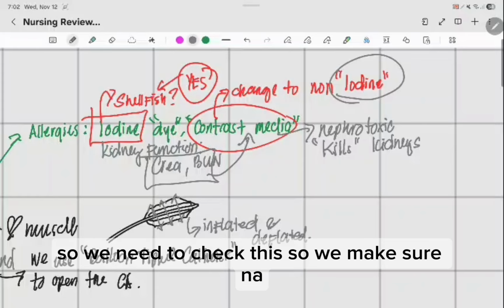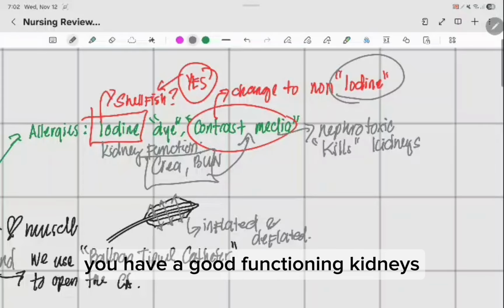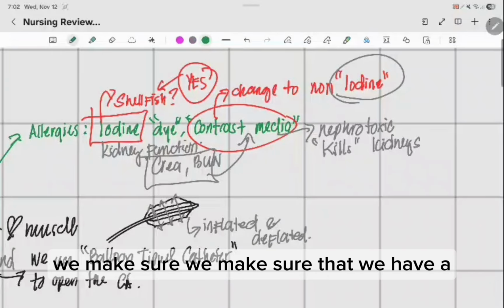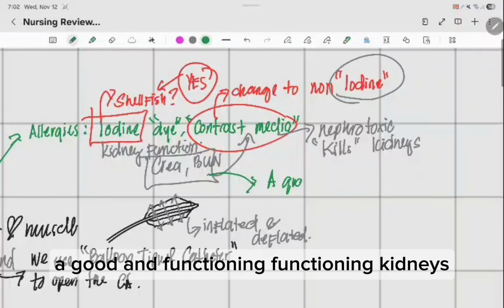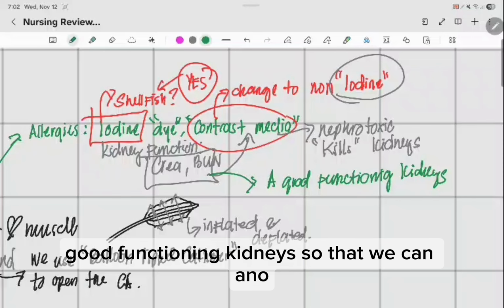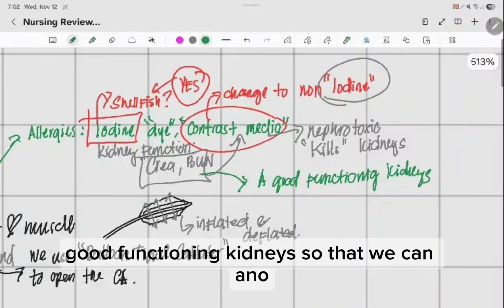We make sure na you have good functioning kidneys,